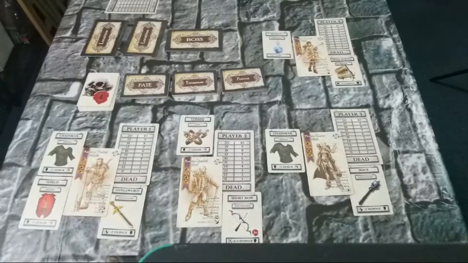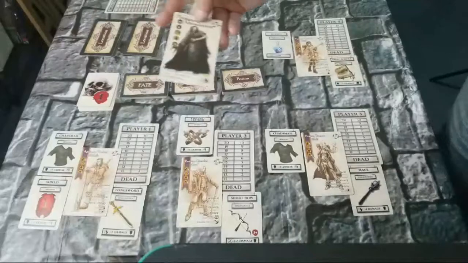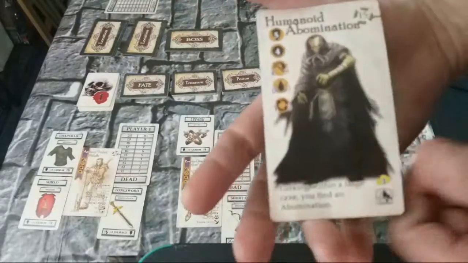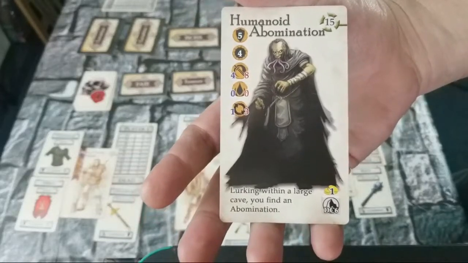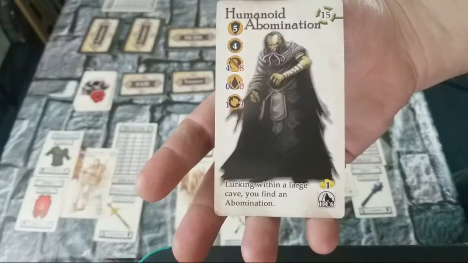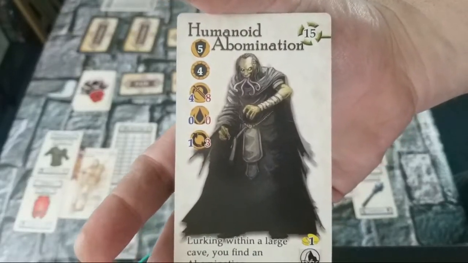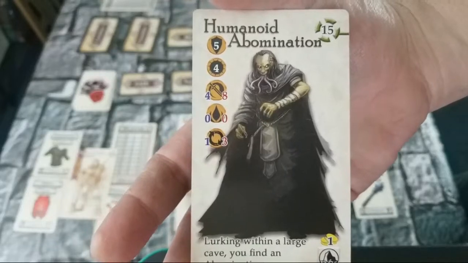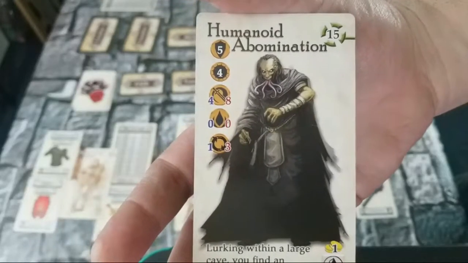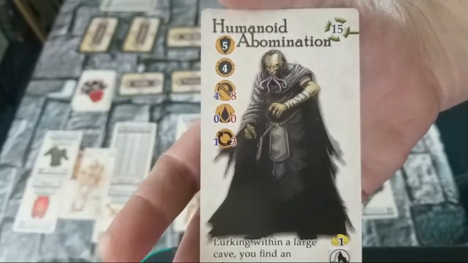Okay. So we are going to start, and like I said, we will start with a monster. Oh. A humanoid abomination. Lurking within a large cave, you find an abomination. Dun, dun, dun! So he has 5 armor against physical attacks, 4 protection against magical attacks. His regular attacks are